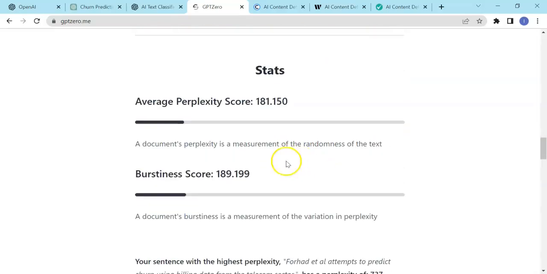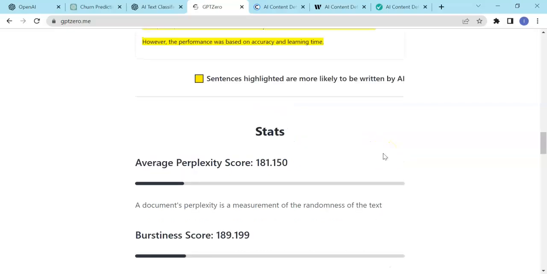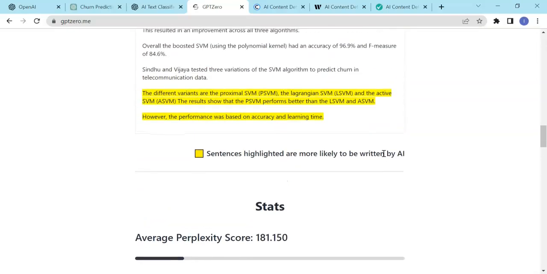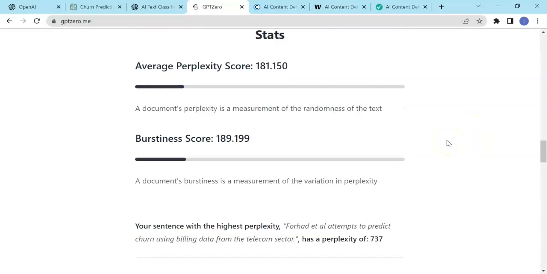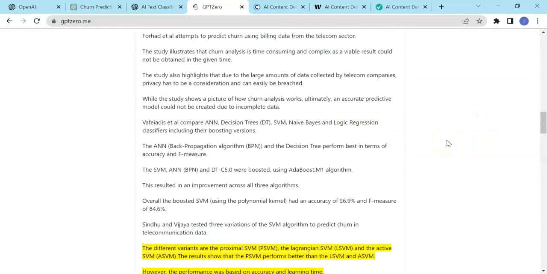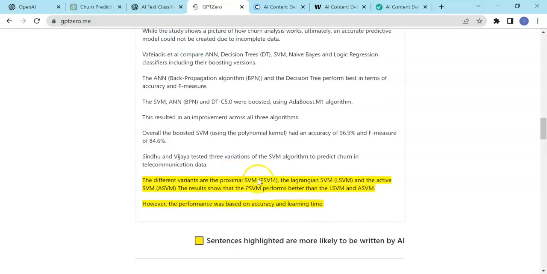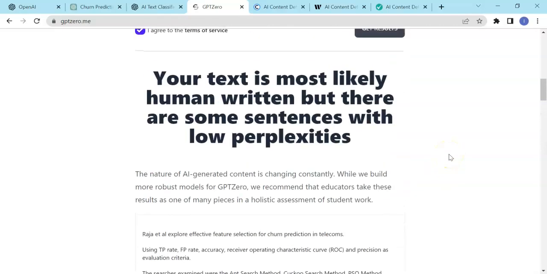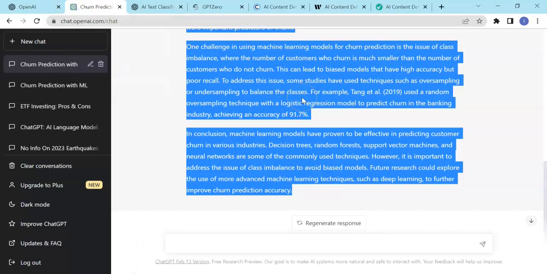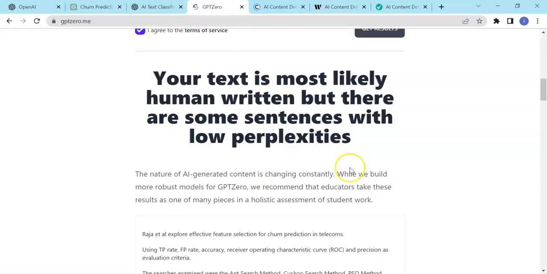A low perplexity basically means it's a measurement of randomness of the text, and so the higher the randomness, I guess the more likely it's been done by a human. So that's interesting. So that's still done okay, I guess, but I can assure you these were written by a human 100%. So now if we go back and we take the AI generated text,